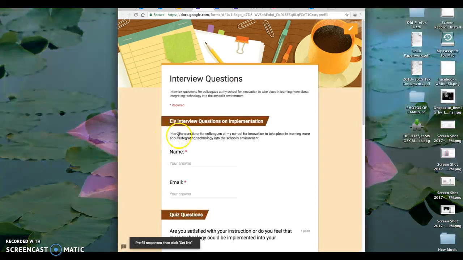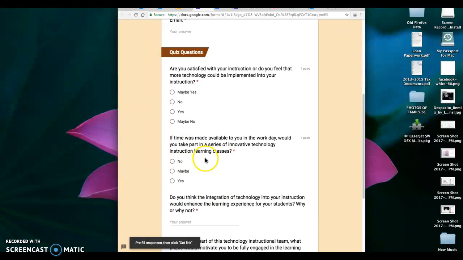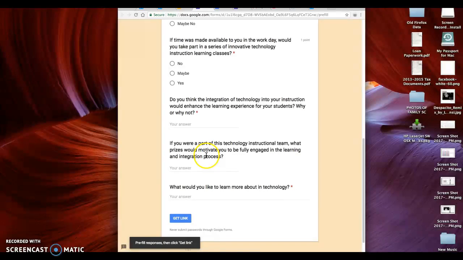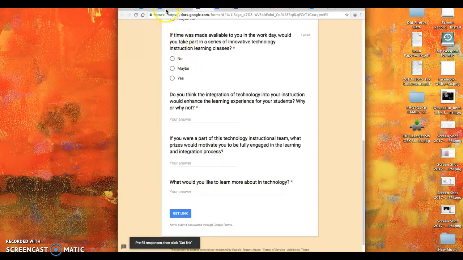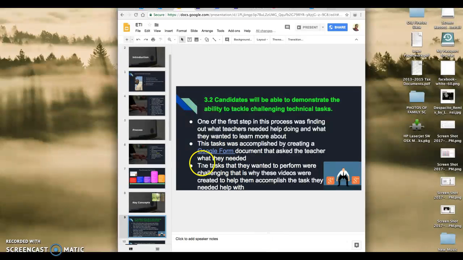And in the Google Doc, I'm just asking, what can I help you out with? What technologies, what aspect of teaching is struggling right now? What would you like to learn more about in technology? So I'm just asking, what things can technology do for you? And in that, we were able to